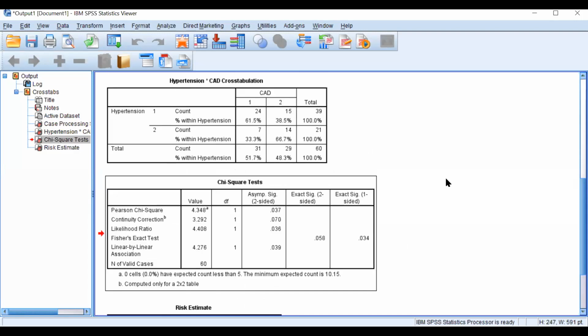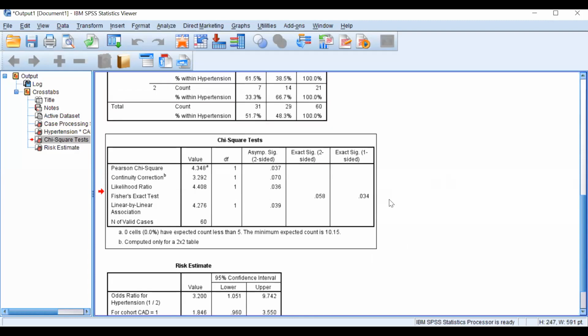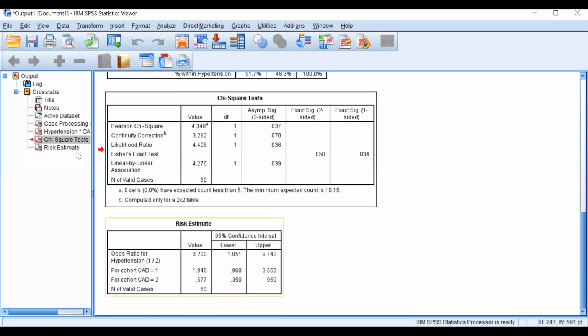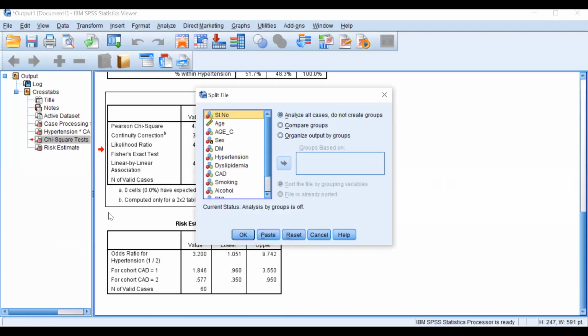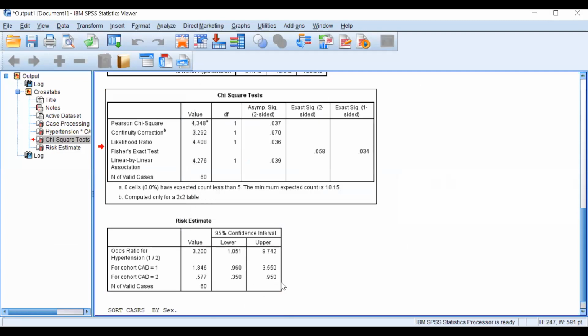Okay, when we talked about stratification, when you asked about male and female, in the same way I'll show you an example here. I'm going to Data, Split File, based on gender, compare groups, click OK. So I'm going to compare the same thing with respect to male and female.